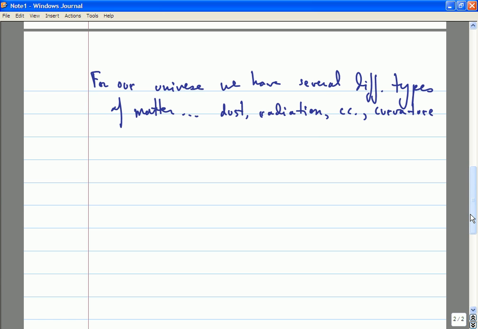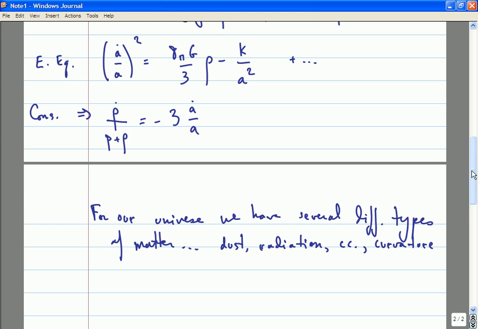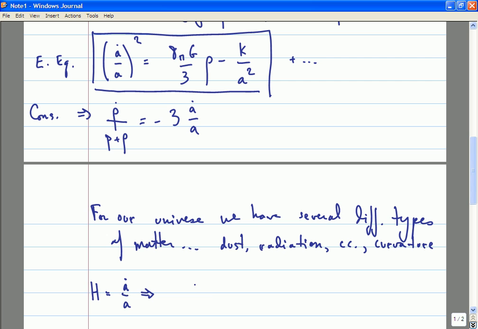So in order to treat all of these different sorts of matter on a unified footing, what I will do is define a parameter H, which is a dot over a, and then I will write the Friedmann equation, which is this equation of motion for the scale factor a, as an equation for H. So you can see that it takes the form of H squared is 8 pi G over 3, and then I need to sum up the contributions from all of the different types of matter present. So I'll write a sum over i, where i runs over all the different kinds of matter that are present,